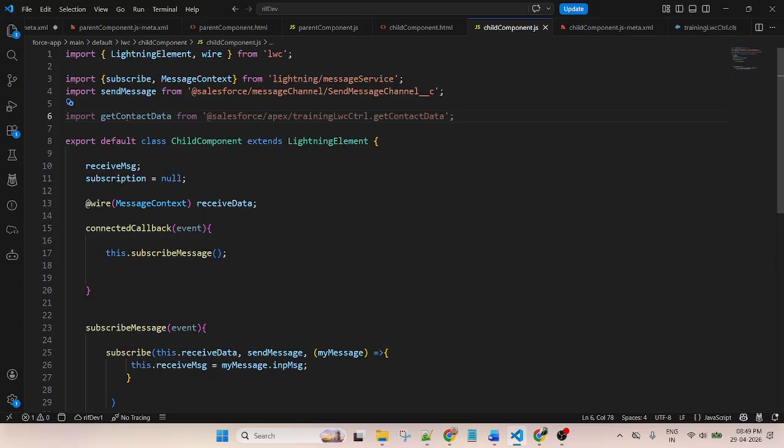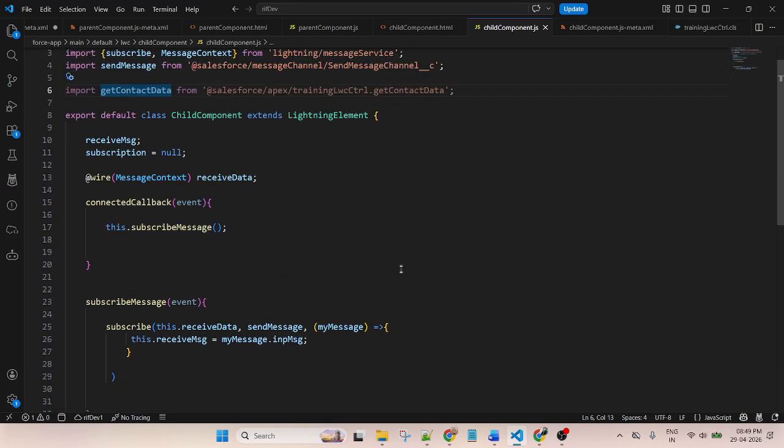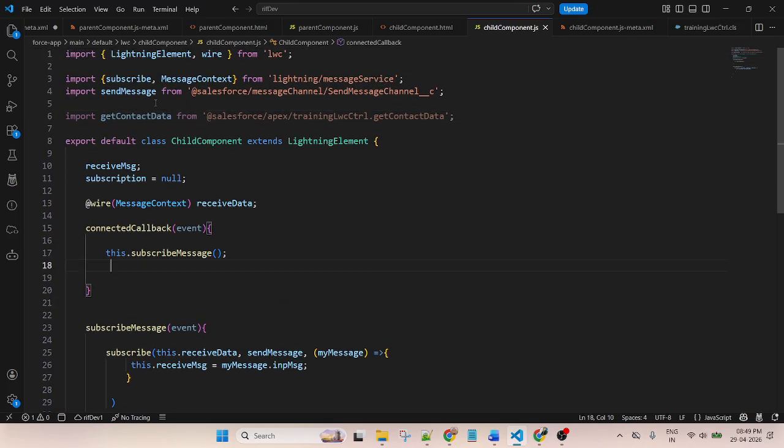So first I import the method name so that I can retrieve data based on the contact ID.